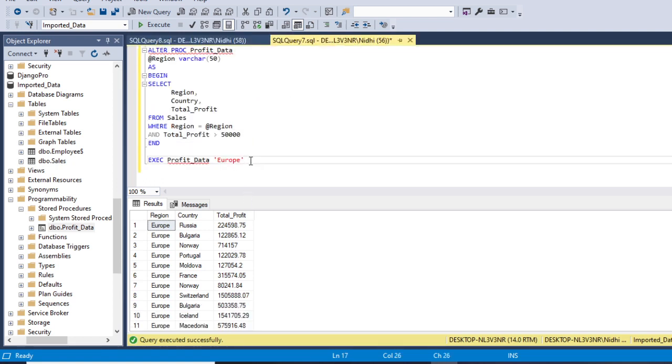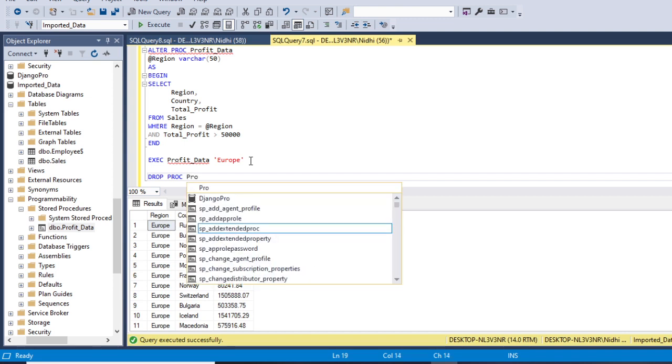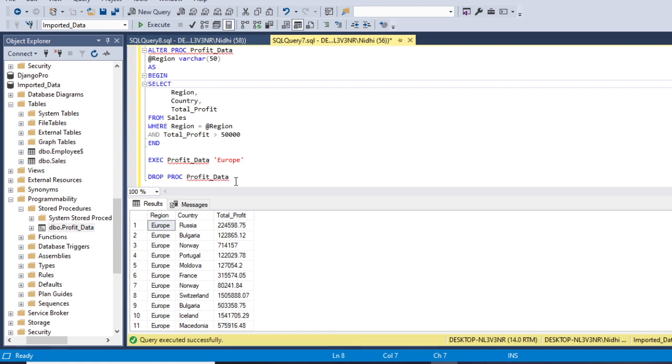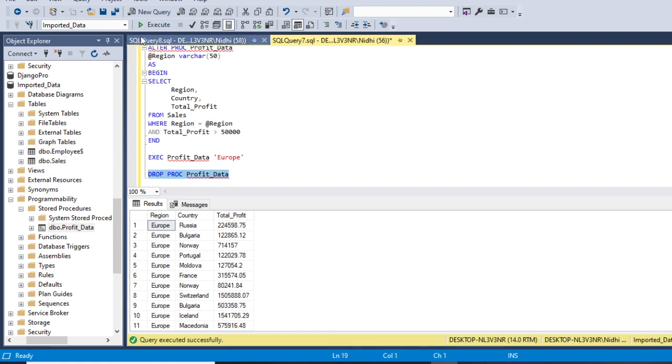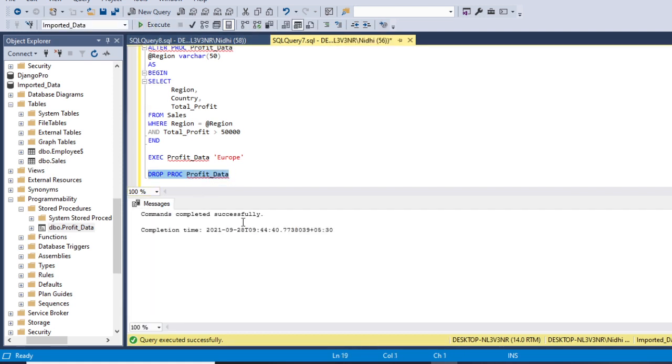So now if we want to drop our stored procedure, for that we will write the drop command. So drop procedure and then the procedure name, which is profit data. Okay, so we will execute this code. Command completed successfully.